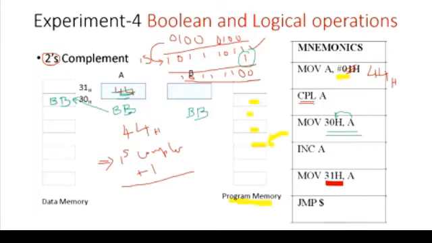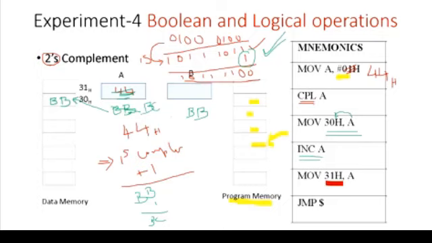Now we are using this instruction INC A. So what it will do, it will increment the content of accumulator. Now the content, if you see BB, right? BBH is there. And if you add 1 with that, it will become BC. Same thing is done here. Here you can check. Okay, so BC is the result, 2's complement number. And that BC, see, after doing this one, again the accumulator will have BC. So this will be overwritten now, and accumulator will get BC here.